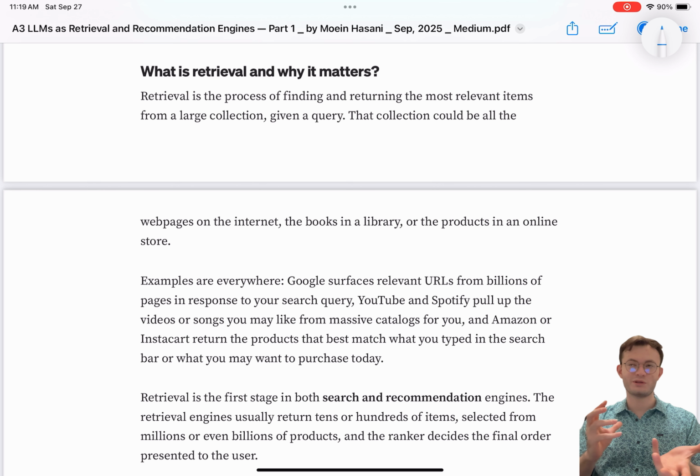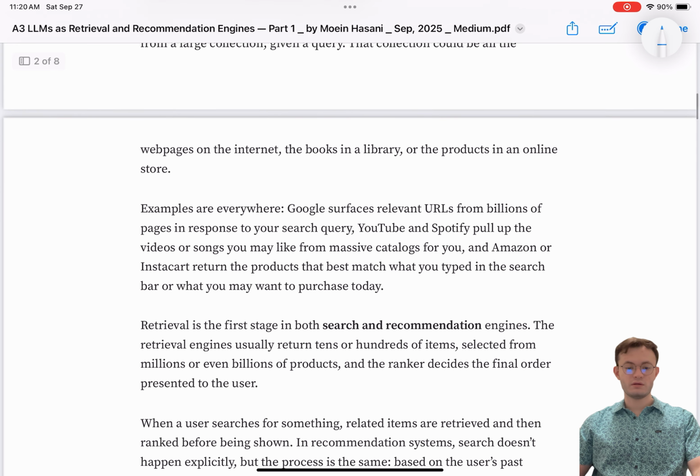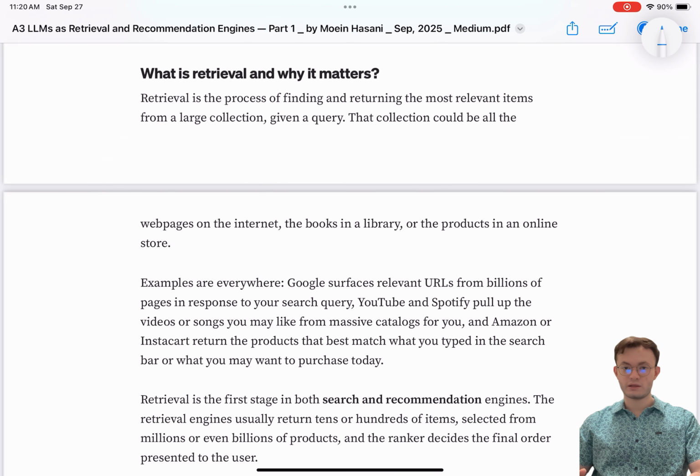That's basically the general idea of retrieval: selecting a relevant number of items from a huge corpus. And this can be the URLs on the internet, there are trillions, I'm sure even more, or books in a library, or products in an online store. You want to retrieve the most related items from a large data set.